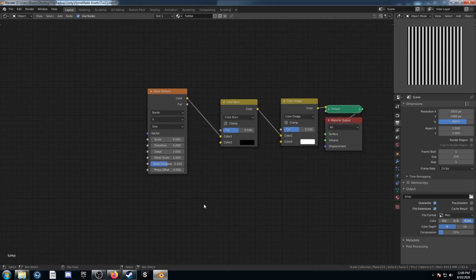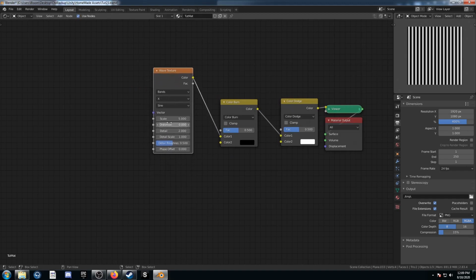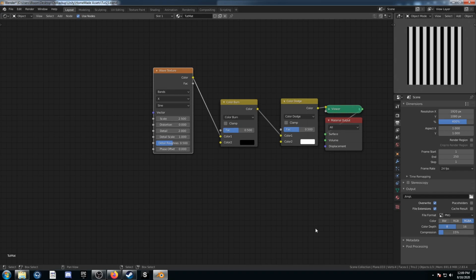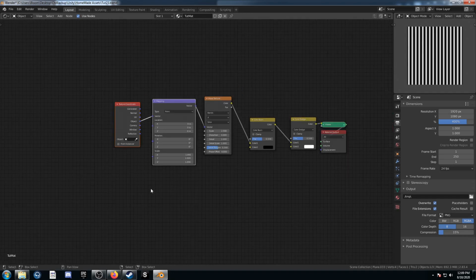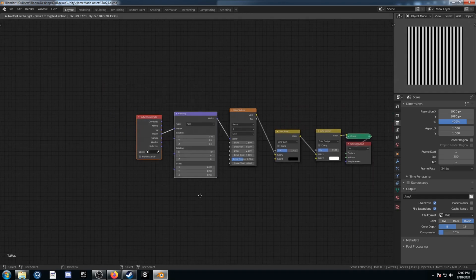Let's check out texture 24. This is going to be pretty similar to the last one. I'm going to start by changing the scale on my wave texture to 2.5. Now let's hit Control T, bring up the texture coordinate mapping node, plug object into the mapping node there,